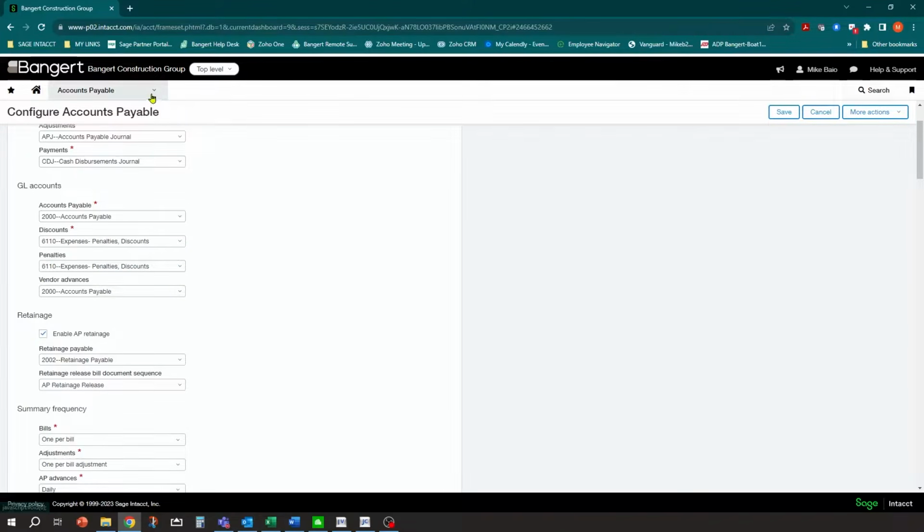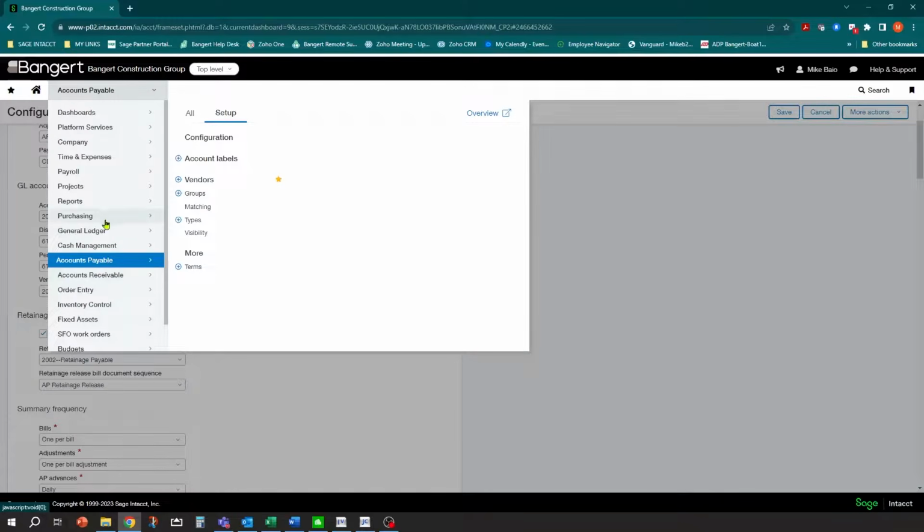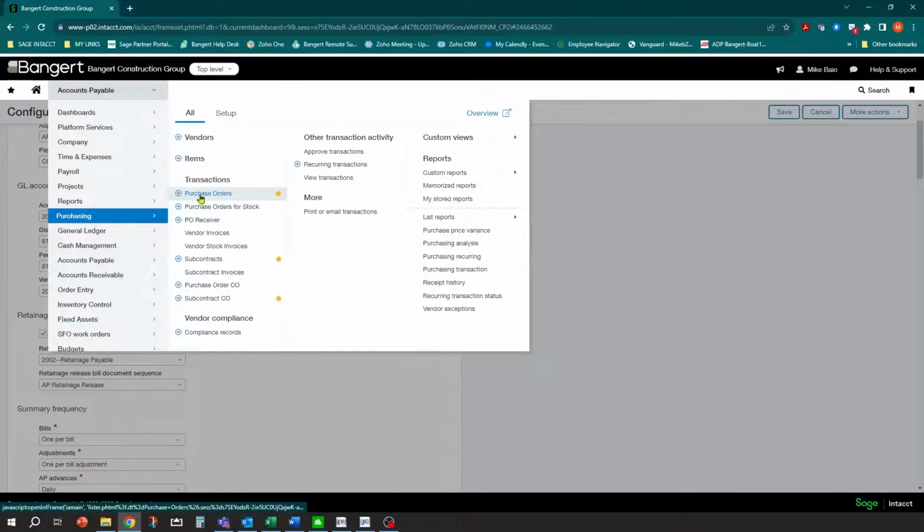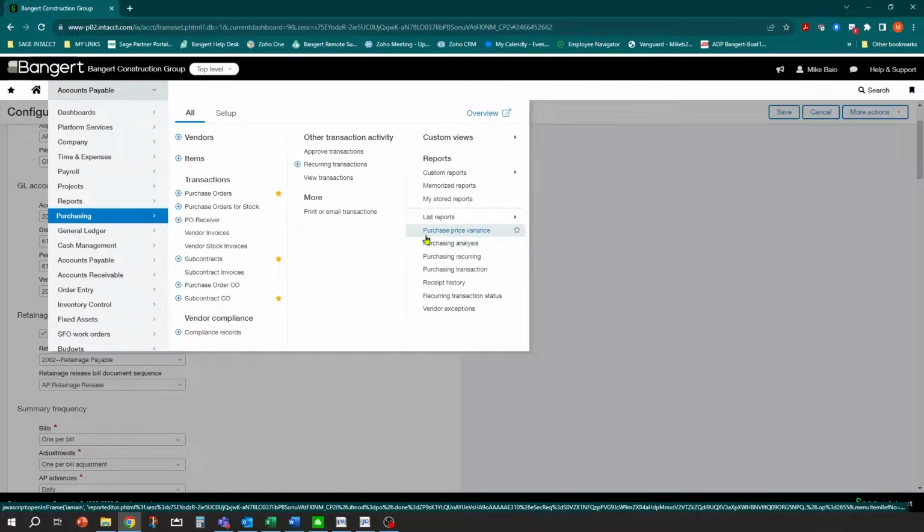If you are using purchasing and using the workflows, the transaction definition workflows to create vendor invoices in the system through purchasing, which, for the most part, most of the construction subscriptions are going to be doing it this way, where they're actually going to have a purchase order or a subcontract put into the system.